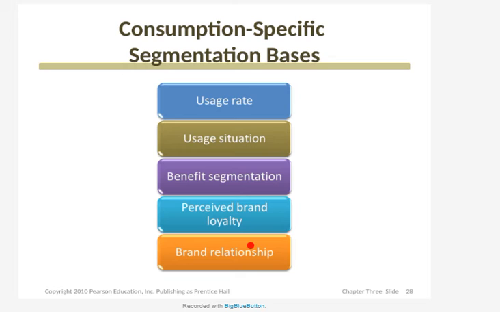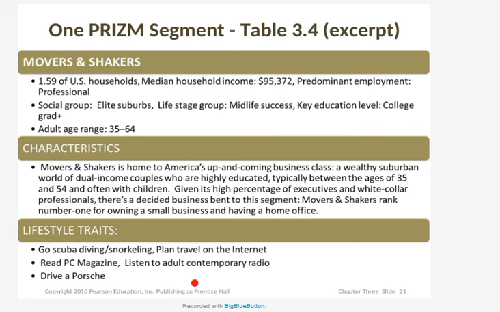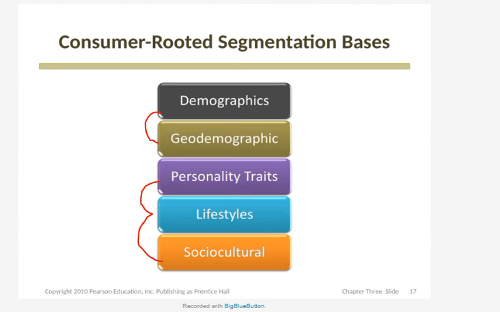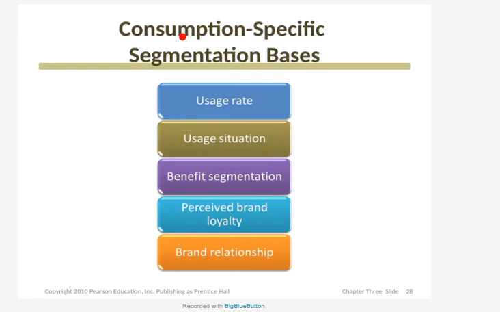Okay. The second group. We talked about the first group, the consumer-rooted. The second group is the consumption-specific segmentation basis. Let's go back a few slides. Here, these are the consumer-rooted segmentation bases. We talked about demographic, geodemographic, personality traits, lifestyles, and socio-cultural. Then we move to the second one, the consumption-specific segmentation basis,